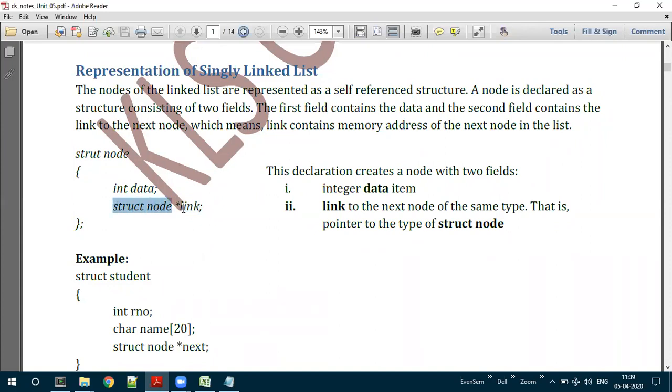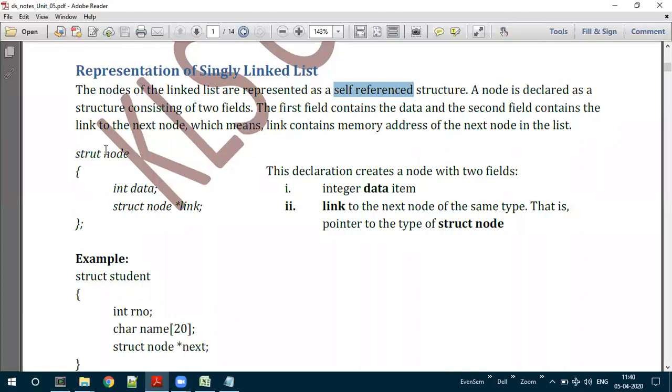So that means link is the pointer which is pointing to the same data type. That's why we call this particular structure a self-referenced structure. A self-referenced structure is a structure in which a data member of this particular structure points to the